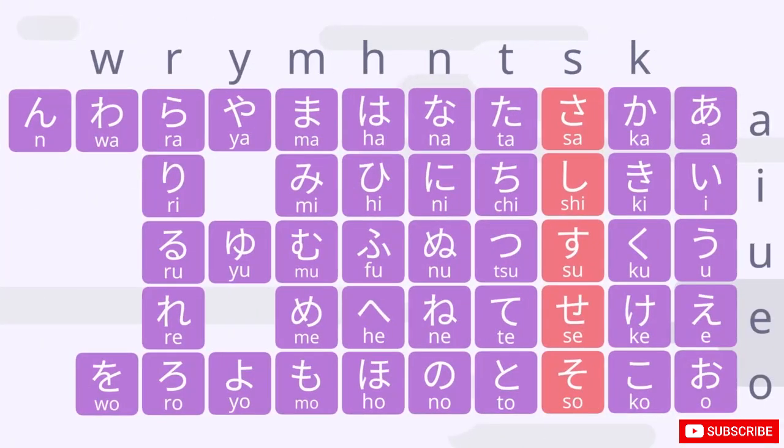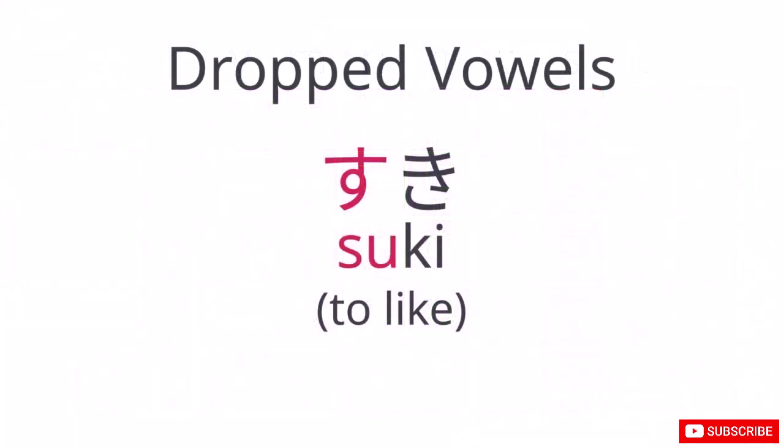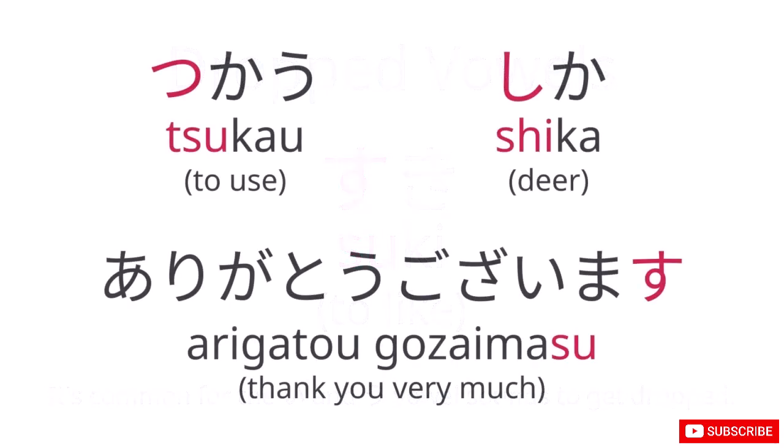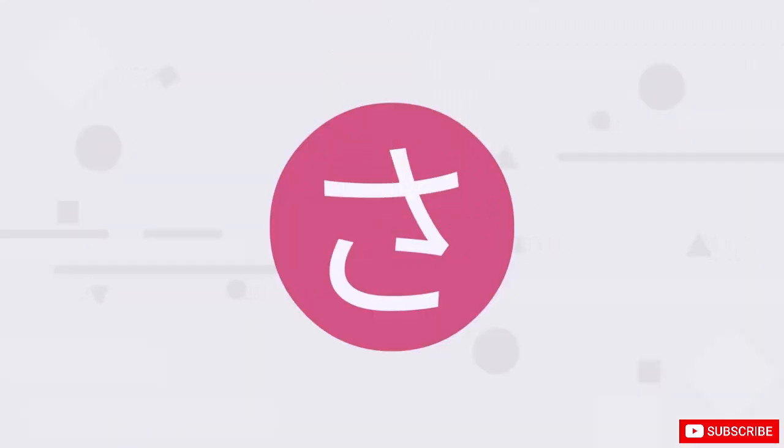In this video, we'll learn the characters sa, shi, su, se, so. Before we begin, let's talk about dropped vowel sounds in Japanese. Listen to the word suki, which means to like. Notice how we don't really pronounce the u sound when we say suki. It's common for the i and u sound to become dropped in Japanese. A few more examples include 使う、しか、ありがとうございます。